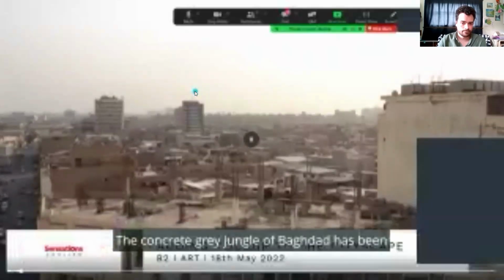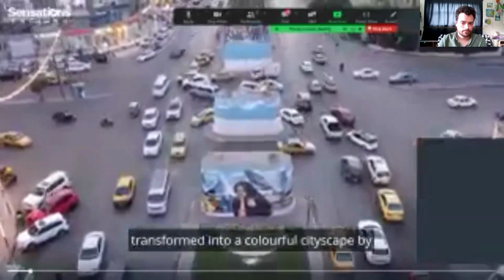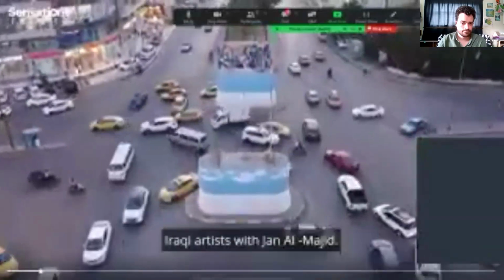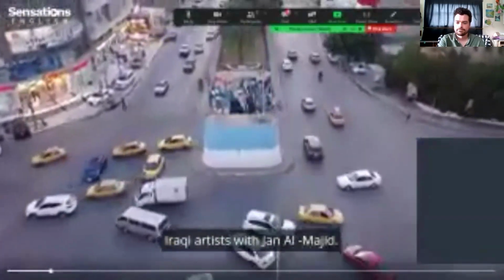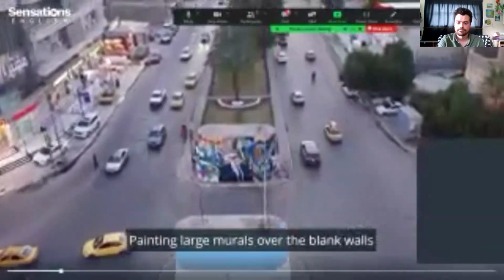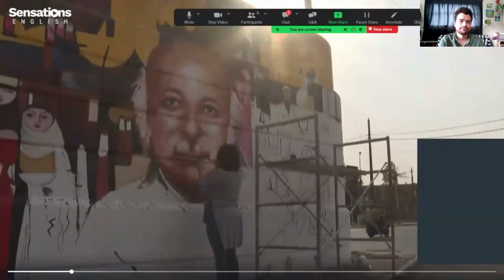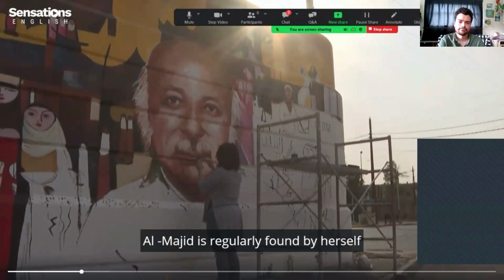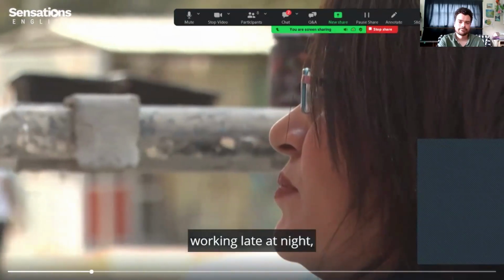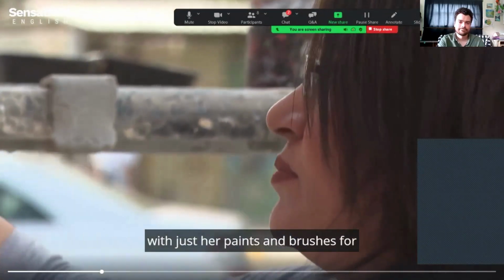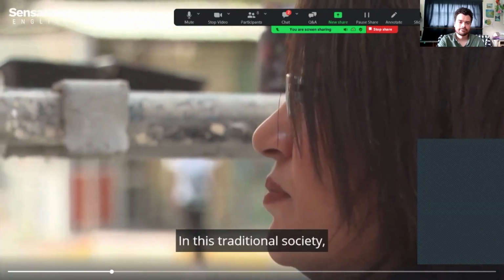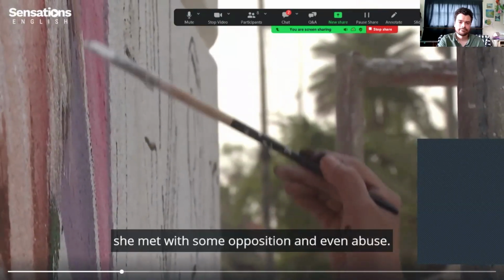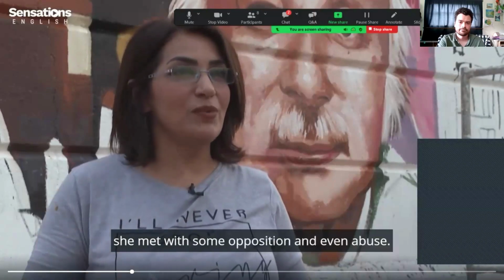The concrete grey jungle of Baghdad's been transformed into a colourful cityscape by Iraqi artist Widjan Al-Majed. Painting large murals over the blank walls around the city, Al-Majed is regularly found by herself working late at night with just her paints and brushes for company. In this traditional society, she met with some opposition and even abuse.